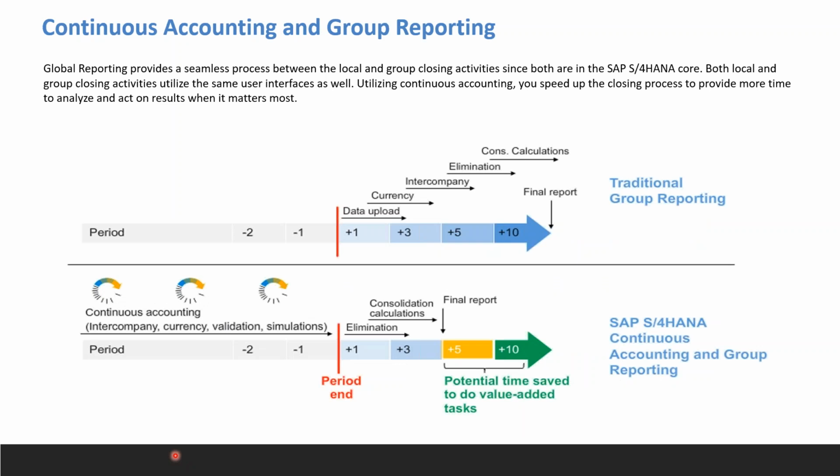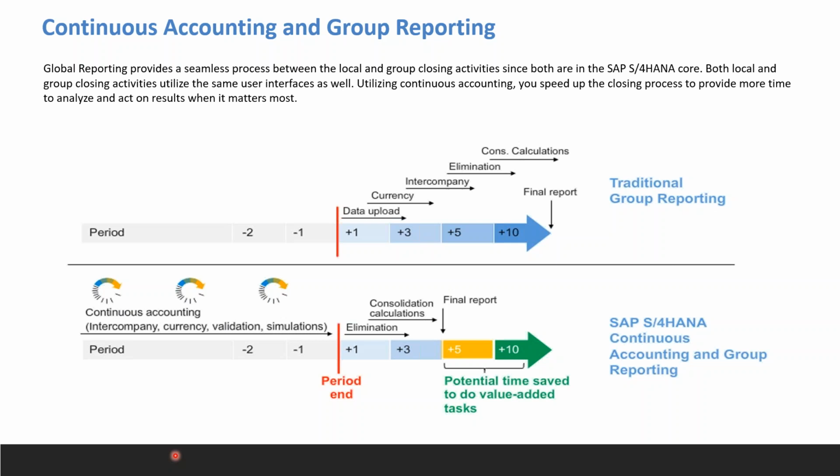It is going to save time, because traditionally, as you can see in the previous slide, we have to upload the data and then release the data and everything. But now all the data remains in the same on-premise solution only. So we are going to save time. As per the SAP session, we are going to save about 2 weeks by implementing group reporting in the on-premise solution itself, because we are performing all the transactions in S4HANA Finance, then releasing the data.